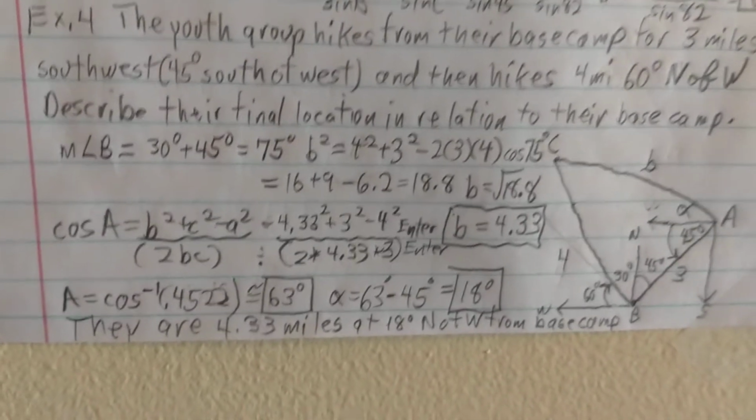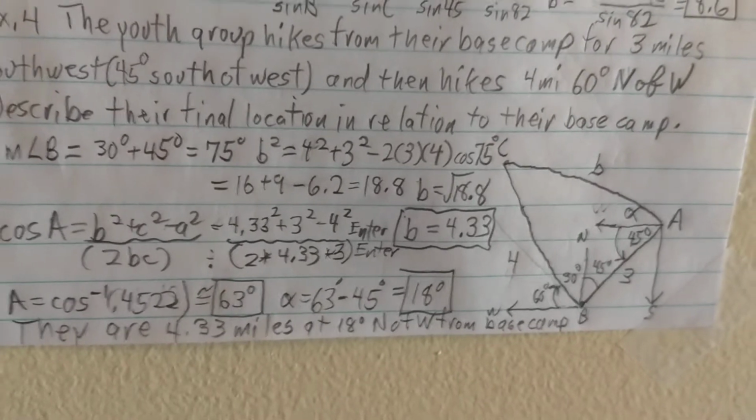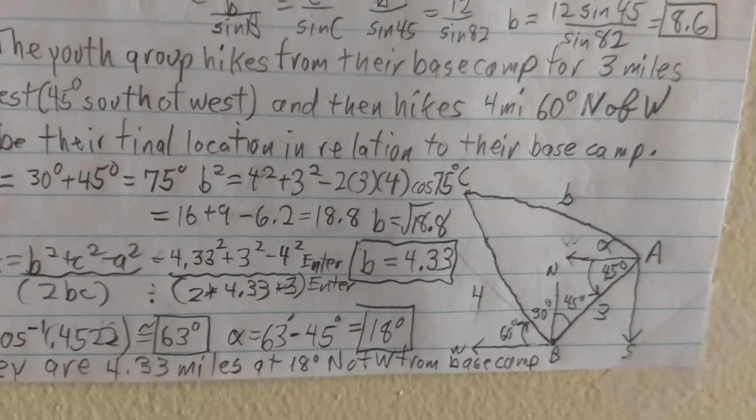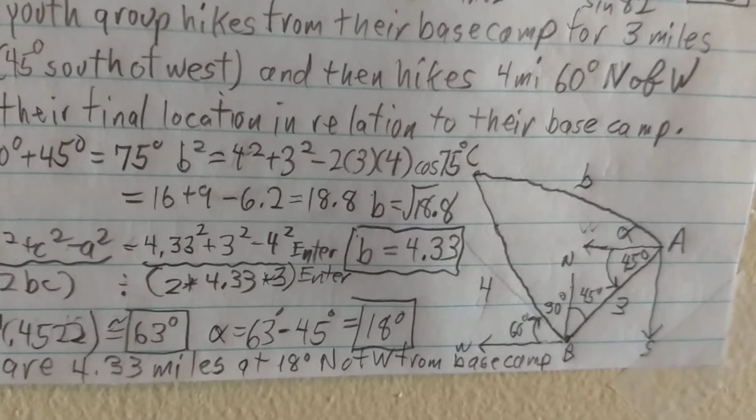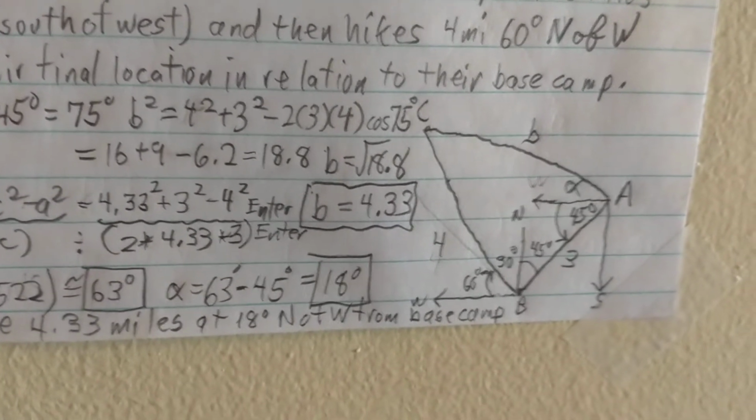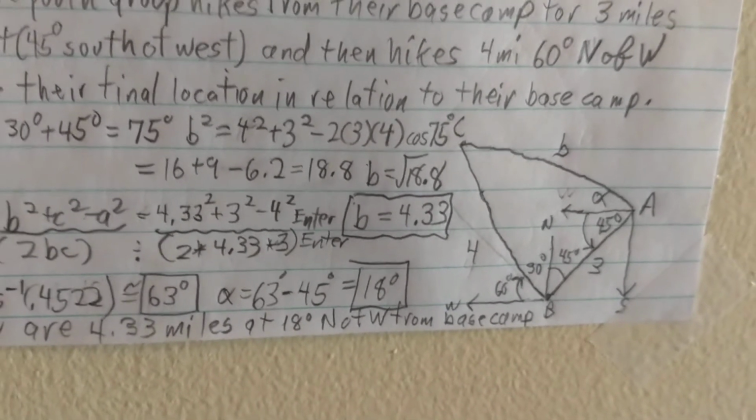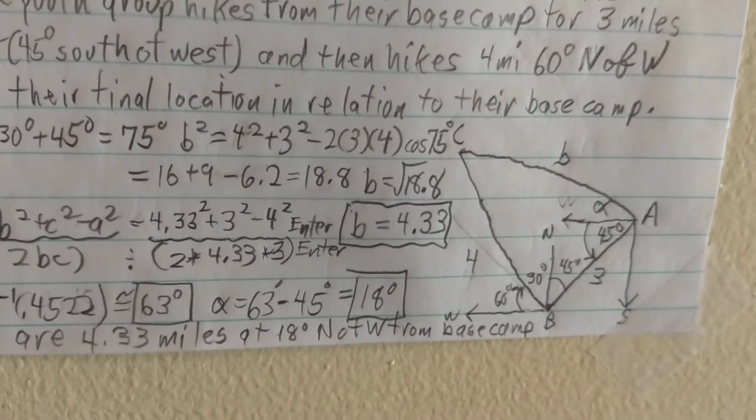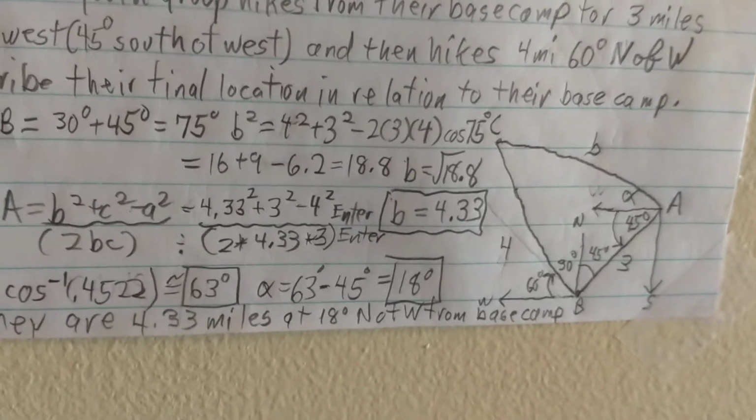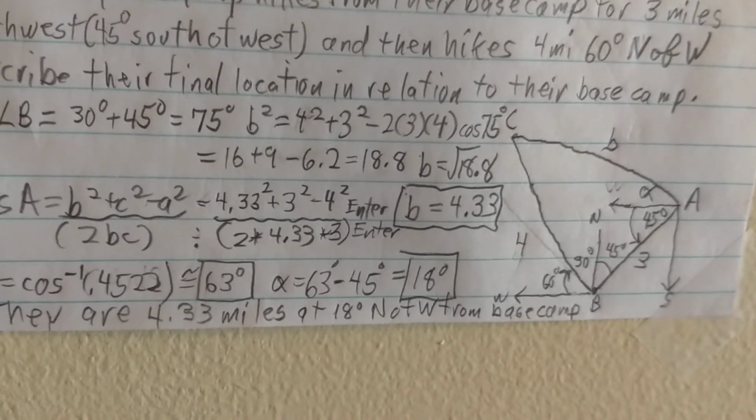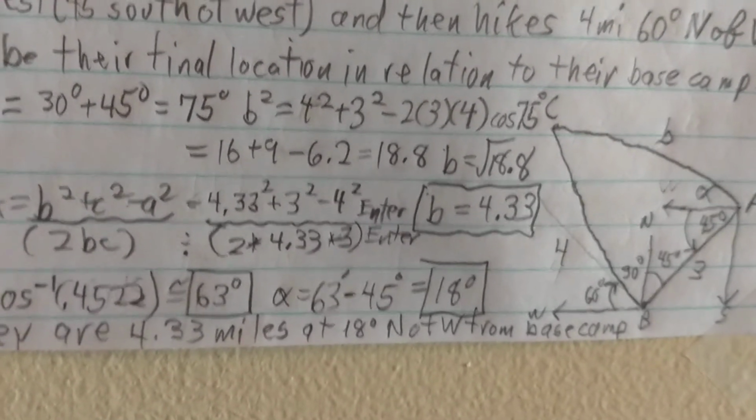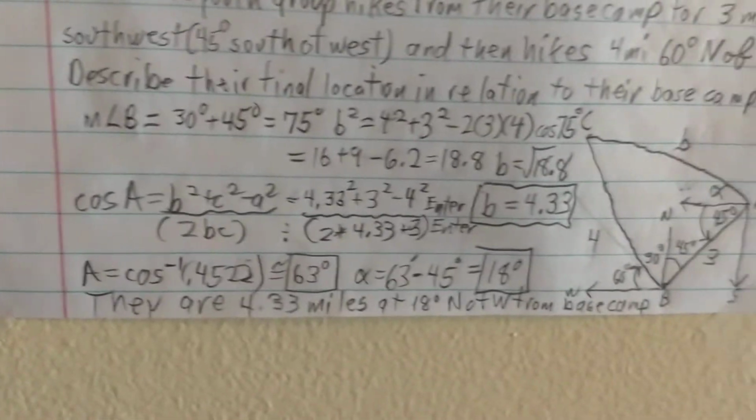So angle B is 30 plus 45, you can see them indicated down there, or 75. So that allows us to find side B now, because we have A and C and the angle between them. So B squared is equal to 4 squared plus 3 squared minus 2 times 3 times 4 times cosine 75, or 16 plus 9 minus 6.2, or 18.8, and the square root of 18.8 is B,